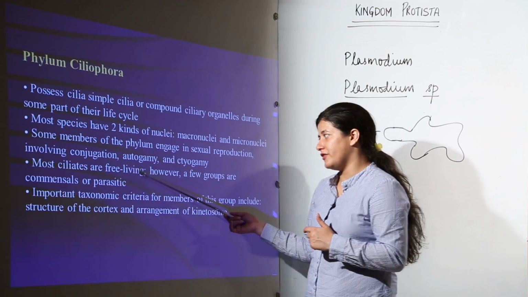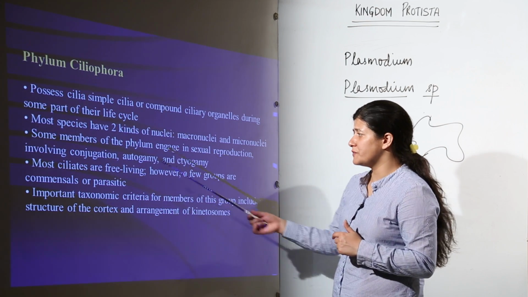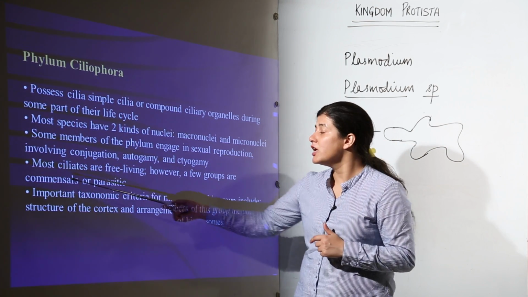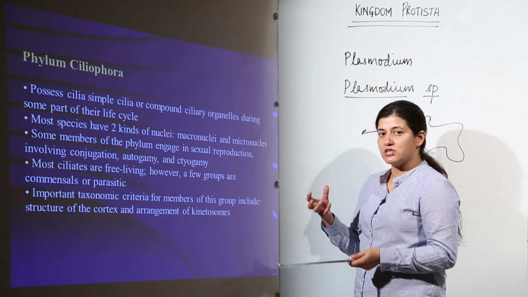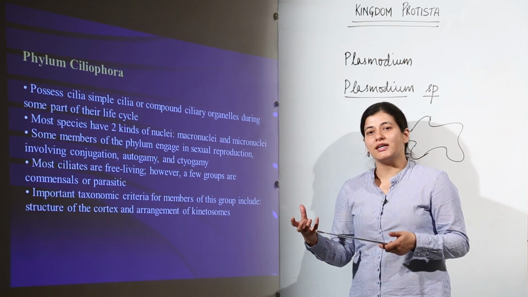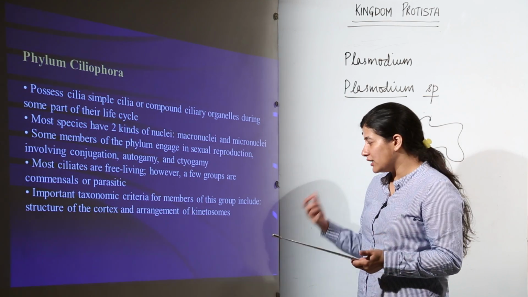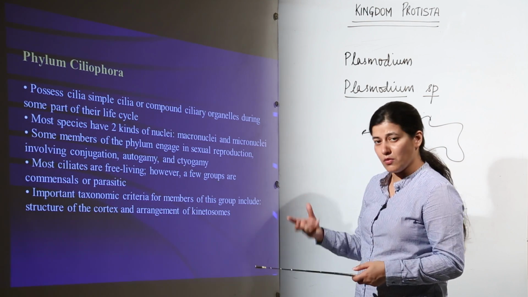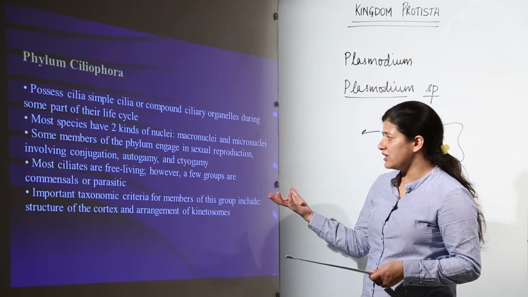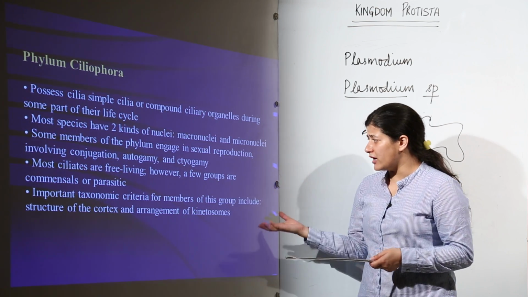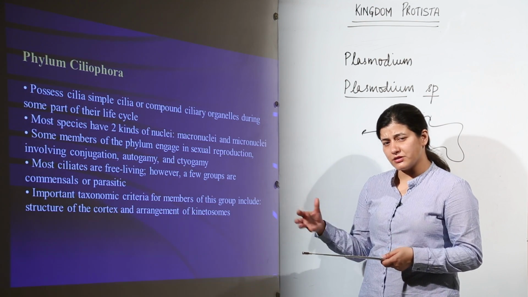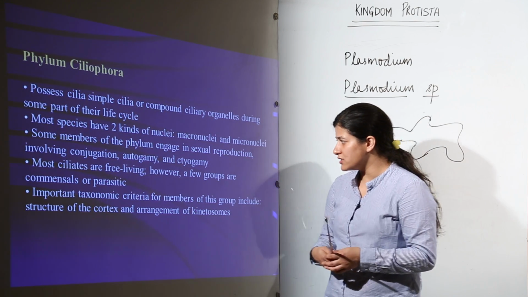Most ciliates are free living. However, a few groups are commensals or parasitic. So, a new word you are introduced to, commensals. Commensalism is a condition where one organism is getting the benefit while the other is not getting any sort of harm or benefit, and this is an ecological term that you come across. So basically the protozoan would be present over there, but it will not have much effect on the other organism's